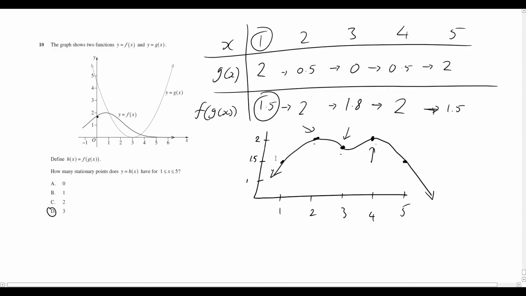Now let's get a head start on to question 11. So there are 2 tanks on a property, tank A and tank B. Initially, tank A holds 1,000 litres of water and tank B is empty. So tank A begins to lose water at a constant rate of 20 litres per minute. The volume of water in tank A is modelled by the equation V equals 1,000 minus 20T. I'm just going to write that down separately as well,